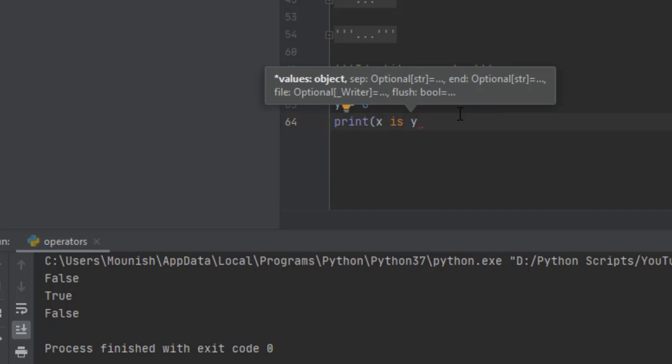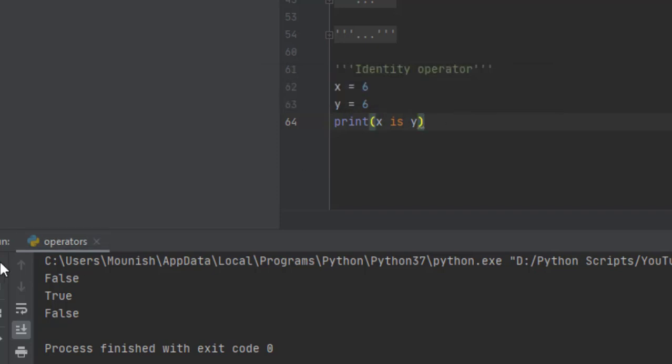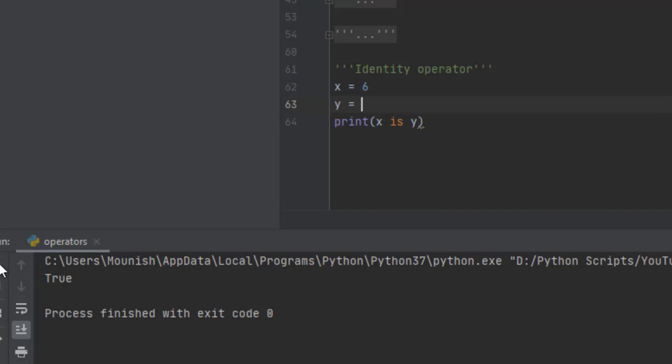If it is not the same, it will give you false. I'm running this program and it is returning true. Simply it is telling me those two values are equal. Now I have changed the y value to 5 and I'm running this program again and it is returning false. The two values are not the same.